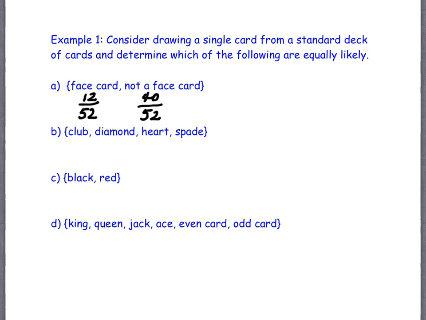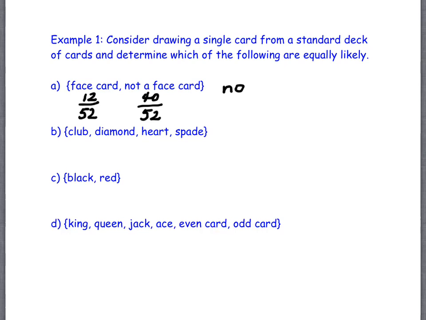So are these events equally likely? No, because the probabilities don't match. If the probabilities were the same, then yes, they would be equally likely. Now if we were asked to find these individual probabilities, we wouldn't leave them as 40 out of 52, right? We would reduce them, just like you did back in our section on fractions, right? Yes, so I'm not trying to argue that this is an answer to that part. The answer to the question is actually no, they're not equally likely. The justification for it is that we found probabilities that didn't match.